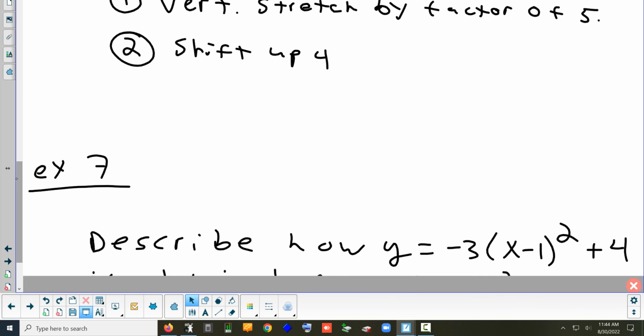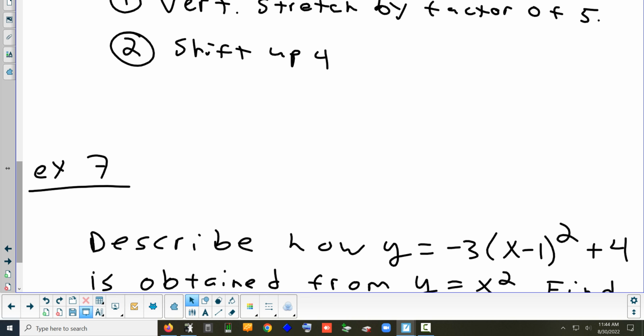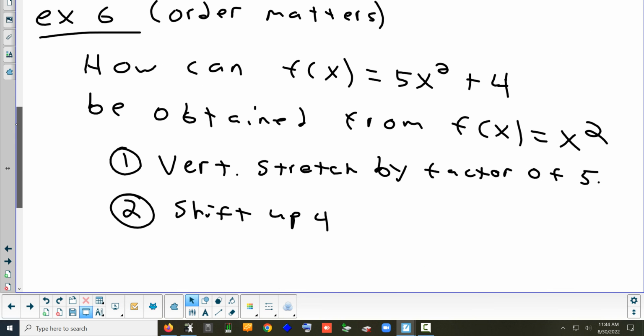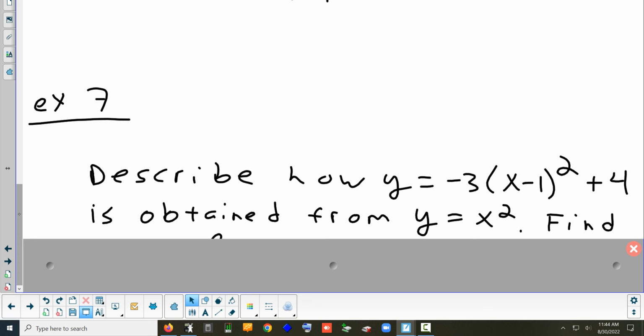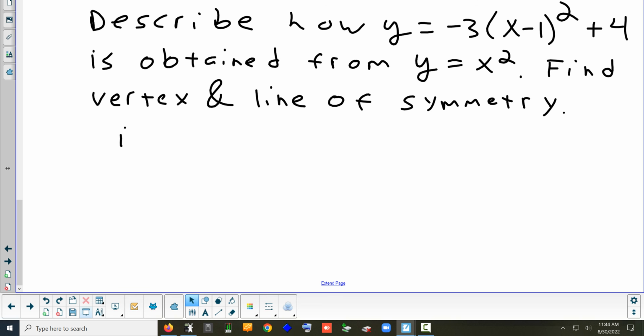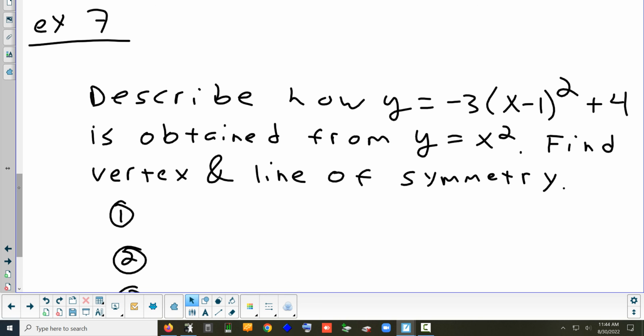Alright. Let's try this one. So negative 3 times x minus 1 squared plus 4. How many transformations in that one? And assume y equals x squared is the parent function again. Yeah, 4. Okay, anybody tell me the first thing that we would do to turn y equals x squared into that? Yep. Yeah. Shift